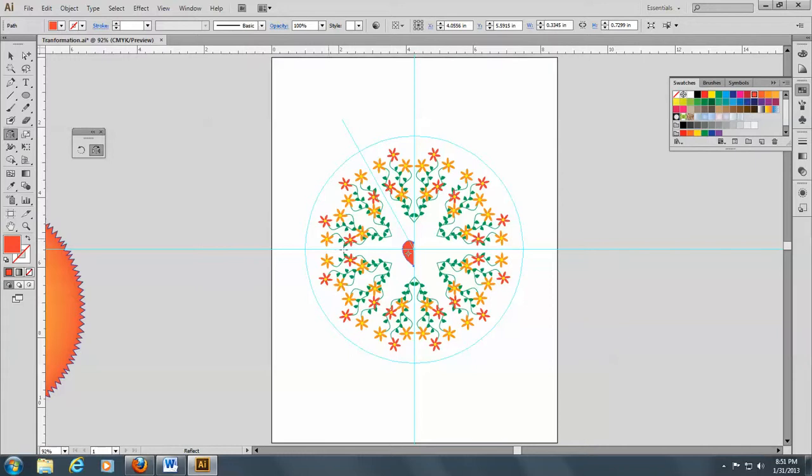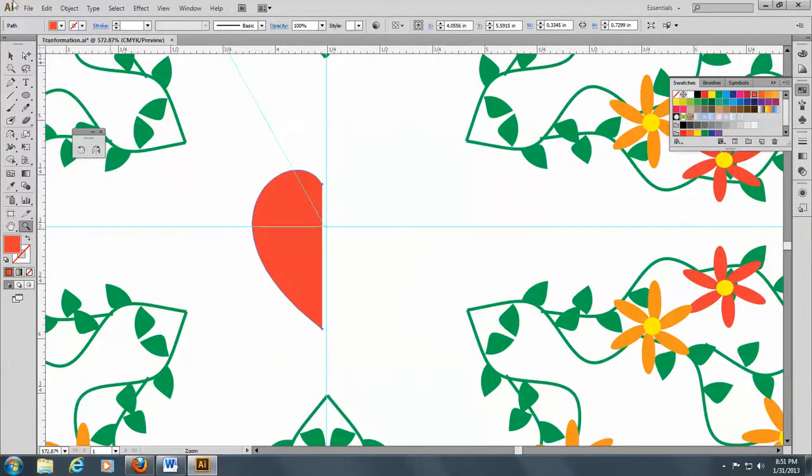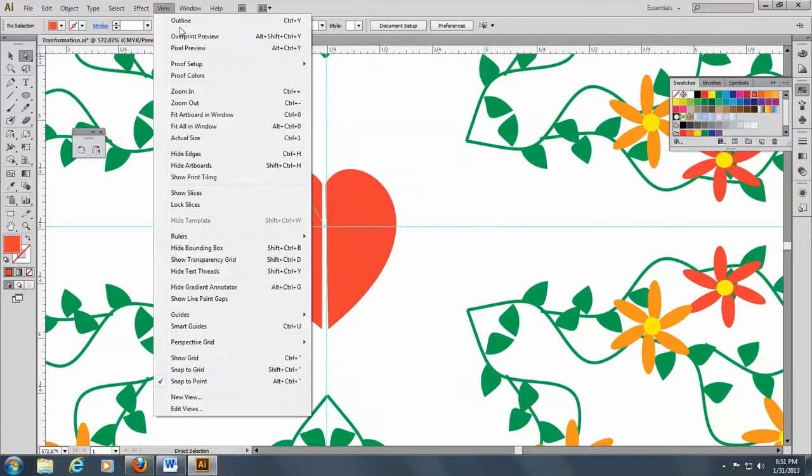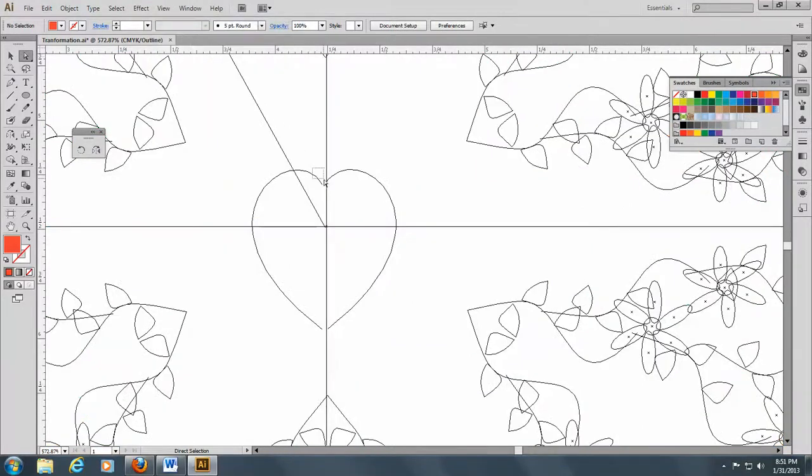Go to the reflect tool. I'm going to zoom in on that so you can see it better. Okay. Go to the reflect tool, and I will reflect here. And bring that over. There we go. That's good now. And hold down the Alt key. And there we go. And then I'll go with my direct selection tool and change my view and select these